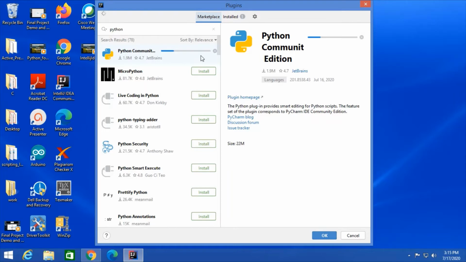By the way, make sure you are downloading the correct plugin. It will be evident from the number of downloads that have already taken place. As you can observe, almost 1.9 million downloads are there. The one with the maximum downloads should be the plugin that we want to install, which is Python Community Edition. As I've told you earlier, this will require internet connectivity on your computer. If this window is not visible in front of you, there are some proxy issues with your computer, so make sure you don't have any of that.